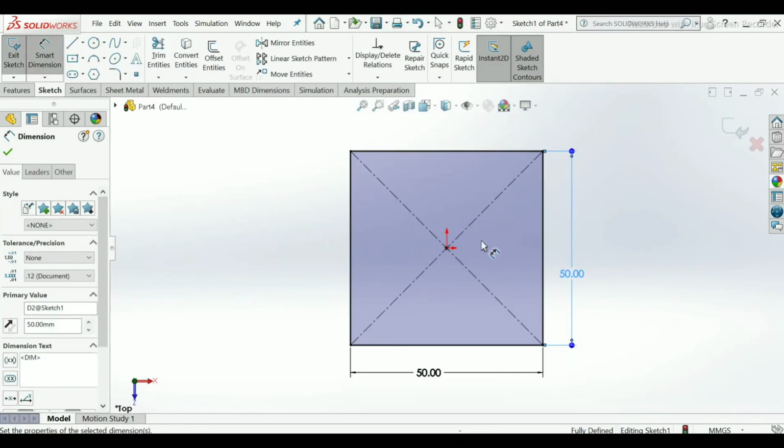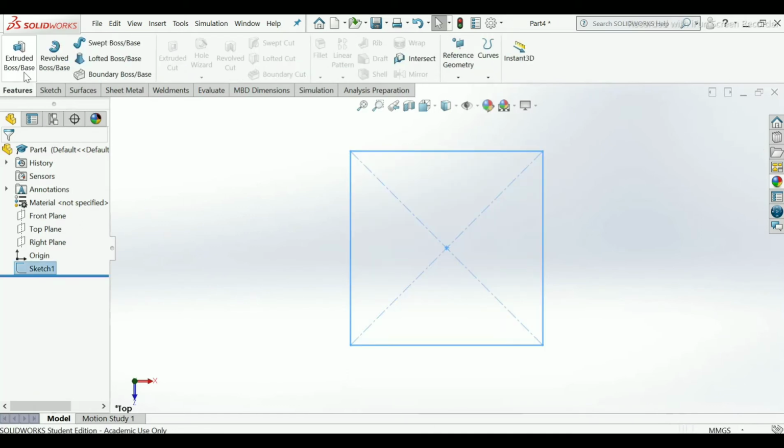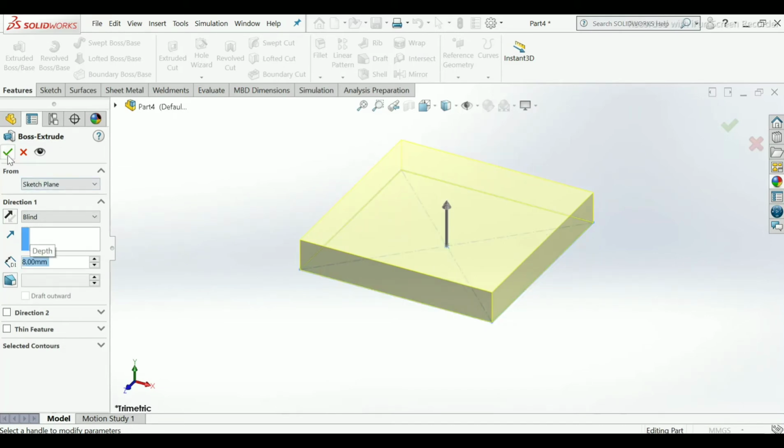It will be a square plate. So close the dialog box, exit, use extrude boss, extrude up to 8 mm. OK.